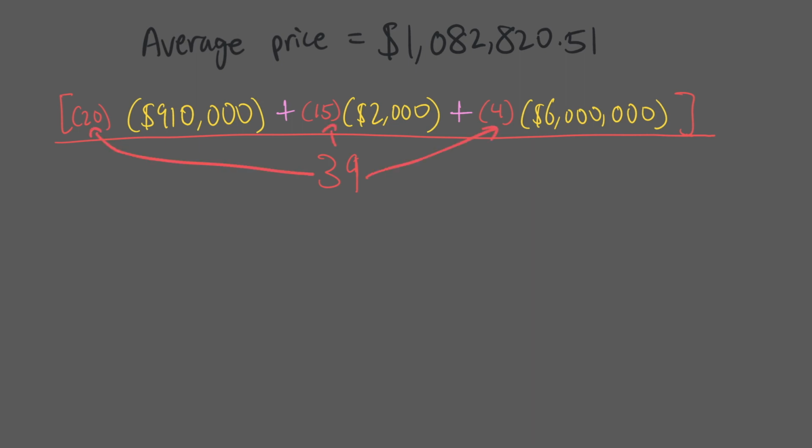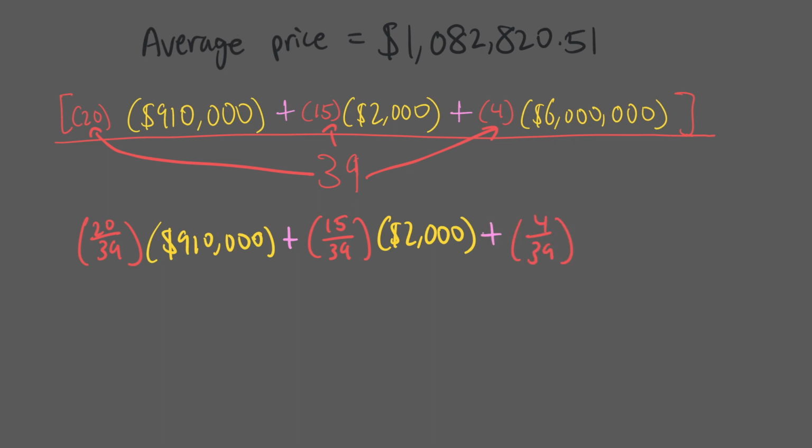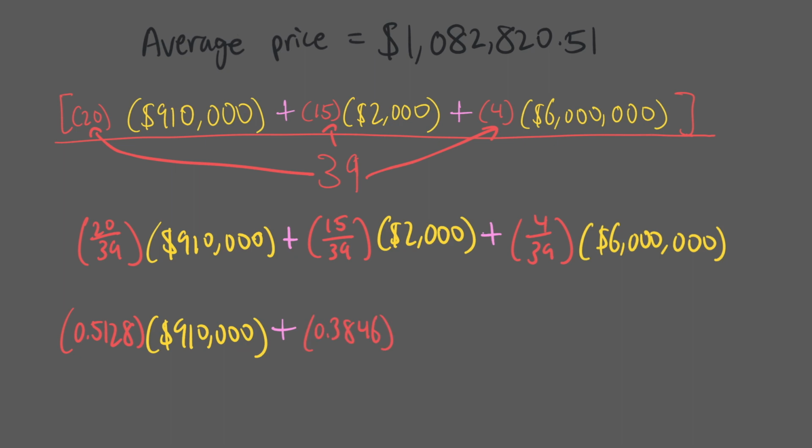When we do that, we get 20 over 39 times $910,000 plus 15 over 39 times $2,000 plus 4 over 39 times $6 million equals $1,082,820.51. Or 0.5128 times $910,000 plus 0.3846 times $2,000 plus 0.1026 times $6 million equals again